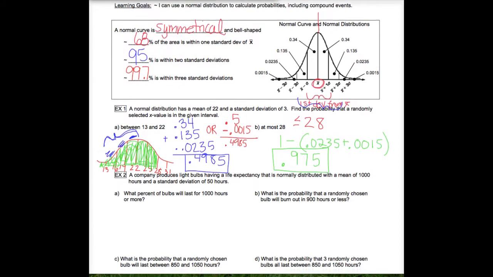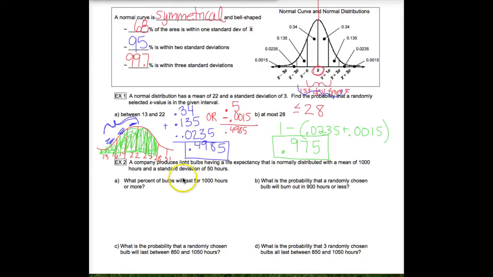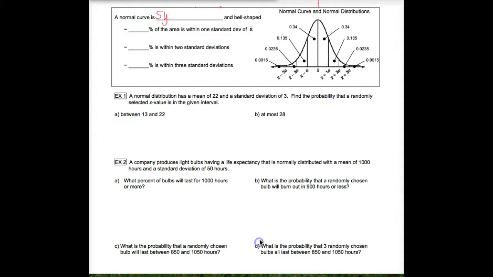All right, so we've calculated probabilities. Now we're going to look at a different situation. It says a company produces light bulbs having a life expectancy that is normally distributed with a mean of 1,000 hours and a standard deviation of 50 hours. So again, before I even read anything else, I draw myself my normal curve. My mean is 1,000, it said. Standard deviation is 50, so 1,050 here,